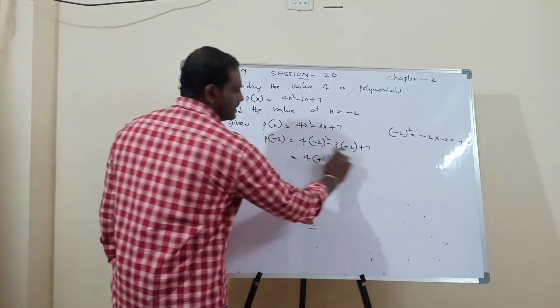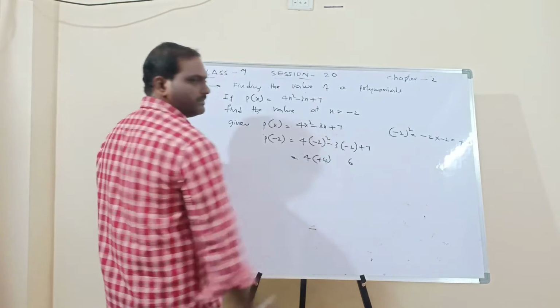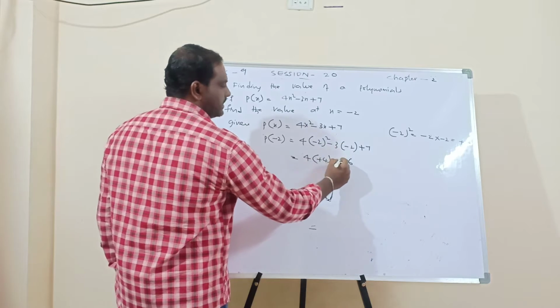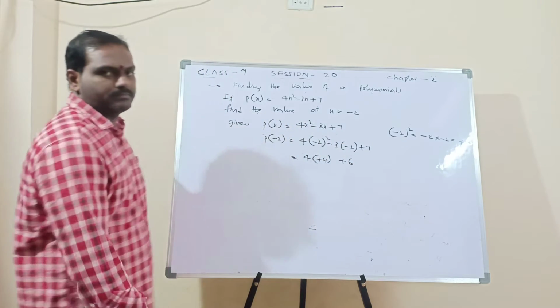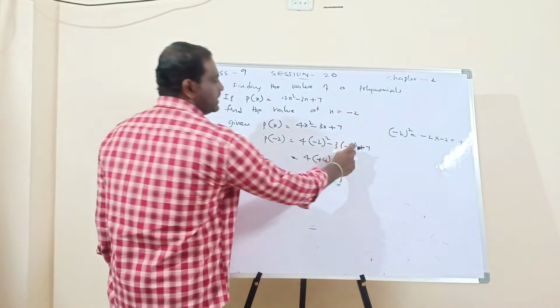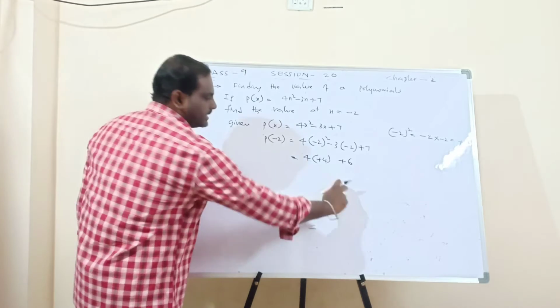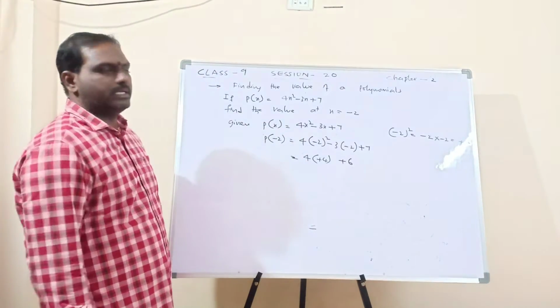Now look at this. Here is the step. 3 into 2, 6. Minus into minus plus. So the answer is plus 6. Don't write minus 6. All the students, what they will do, 3 2s are 6, they will write that. But whenever you got a bracket like this, it's nothing but multiplication.